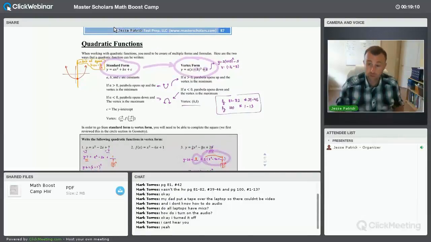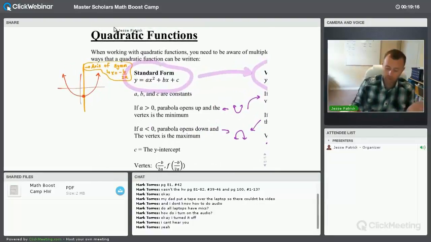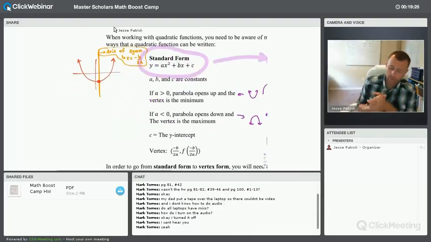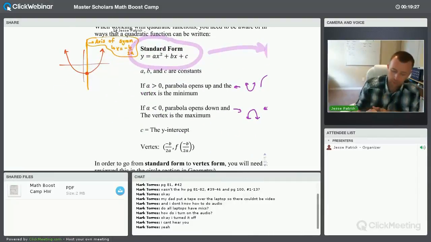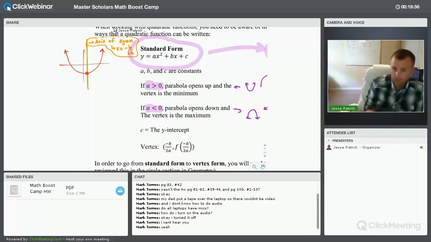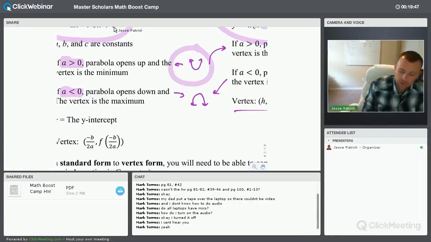So starting with quadratic functions, there are 2 types of equations you need to be able to work with on the SAT. You have your standard form and you have your vertex form. Your standard form is ax squared plus bx plus c. I'm sure you've seen that before. The key components, as I break it down: the first component is the a. Now, a is the leading coefficient, the coefficient in front of the x squared term. If that coefficient is positive, it's a U-shaped parabola, and that's what you'll see in my little picture here. U-shaped parabola, a is positive, and if a is negative, it is an N-shaped